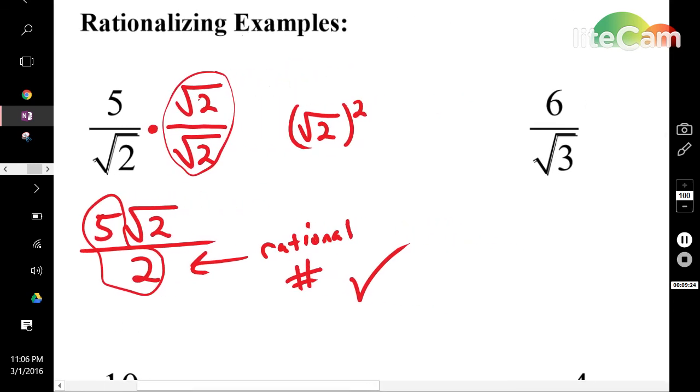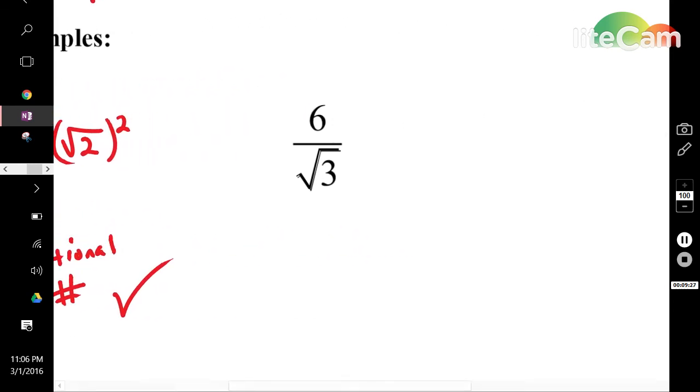Let's look at this one here. 6 divided by square root